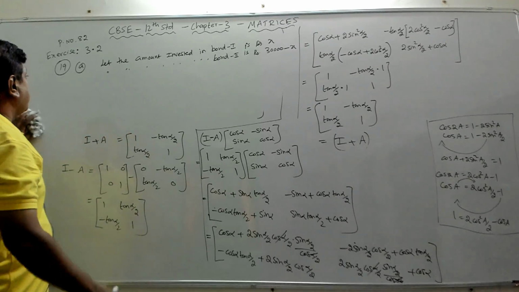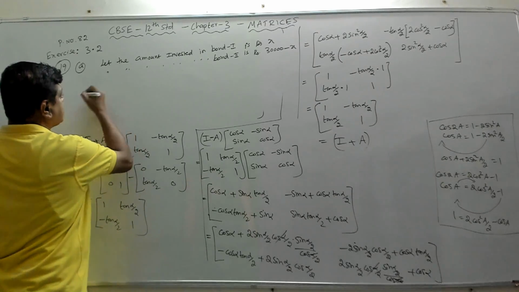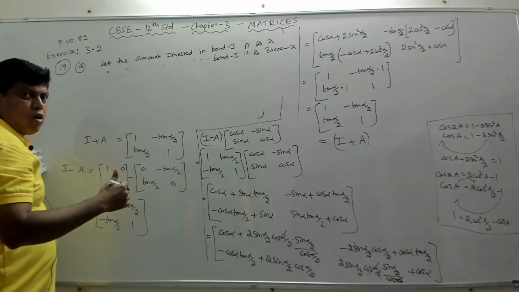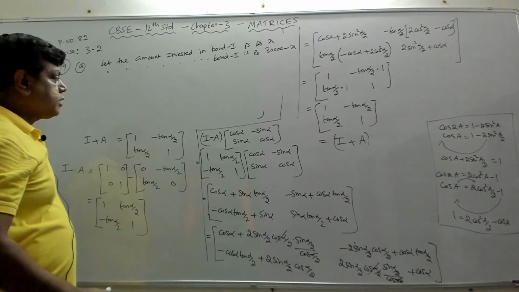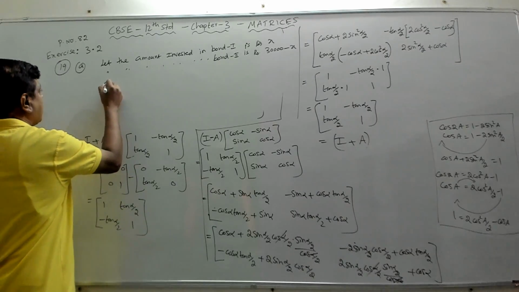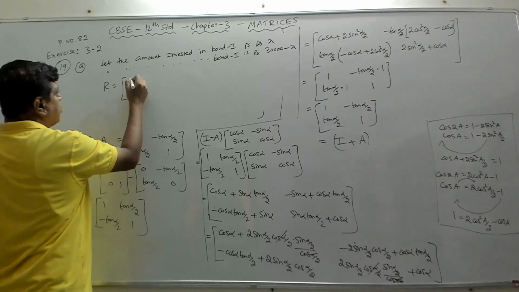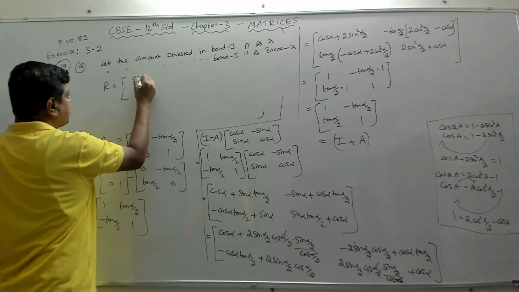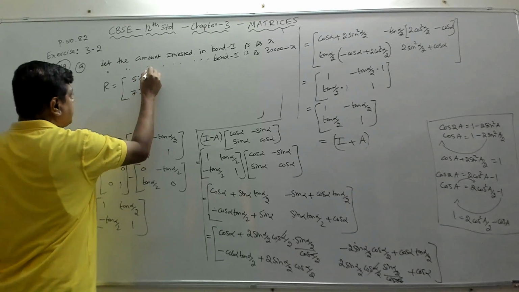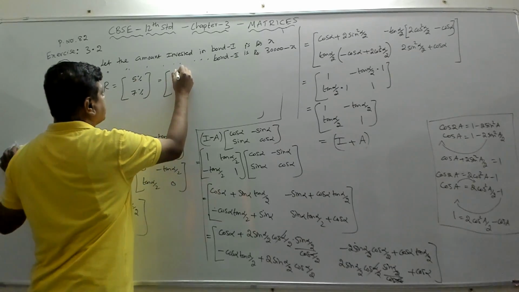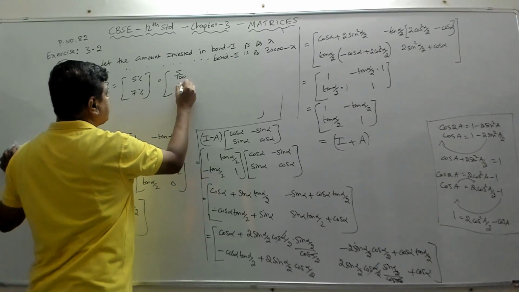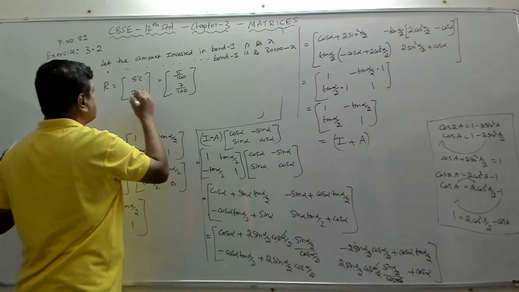1800. Now we'll take the principal matrix. See, always the rate matrix or cost matrix, we should call it a column matrix. So we will take the rate matrix and call it R, the rate of the bond. One bond is 5%, the other bond is 7%. So this is your rate matrix. 5% is the same as 5 by 100, 7% means 7 by 100. So this is my R matrix, which is my rate matrix.